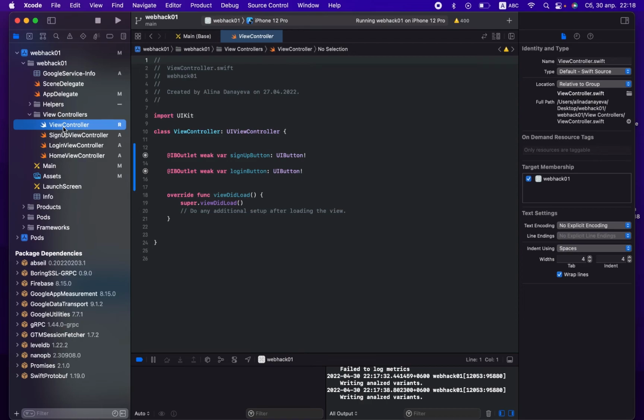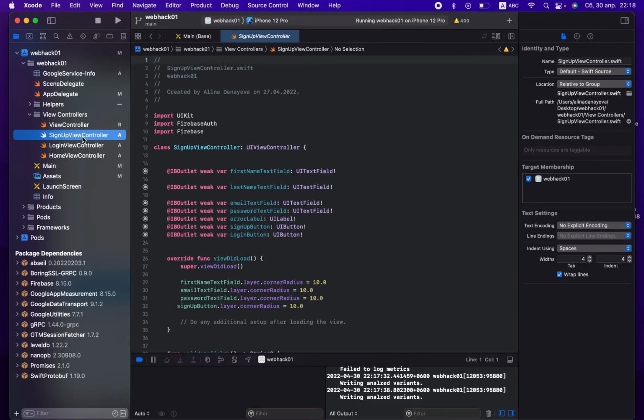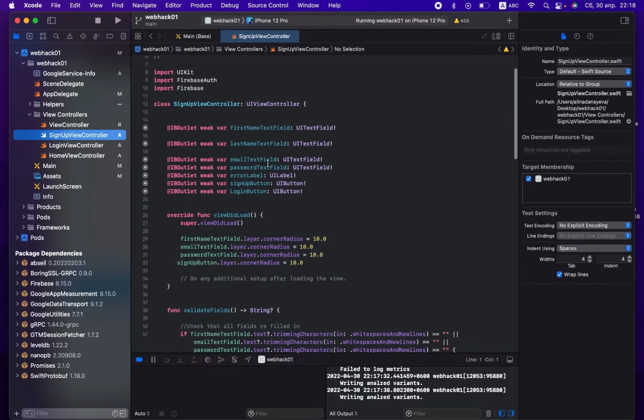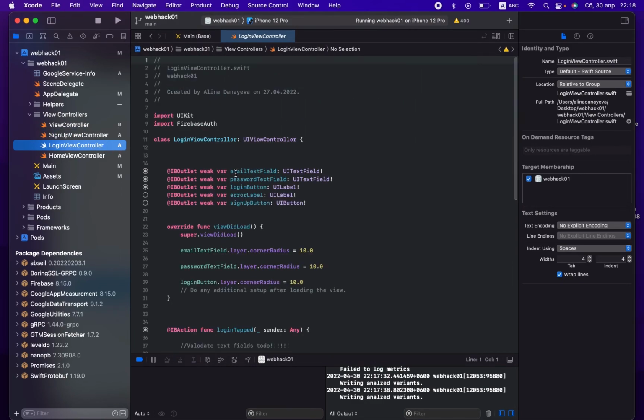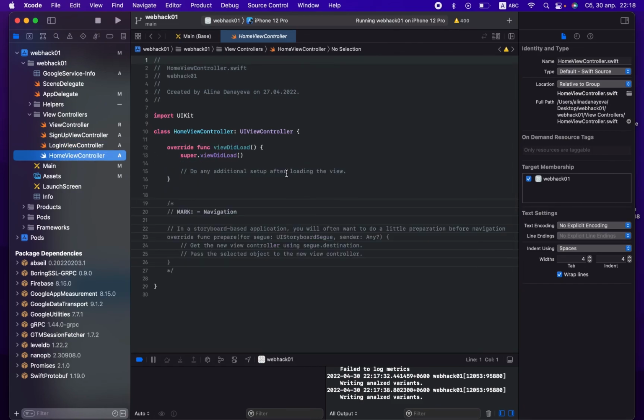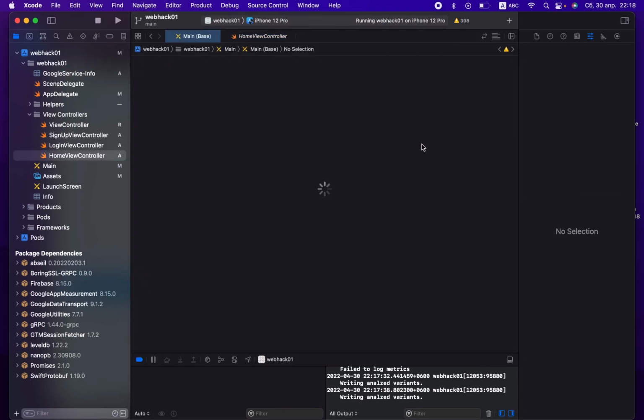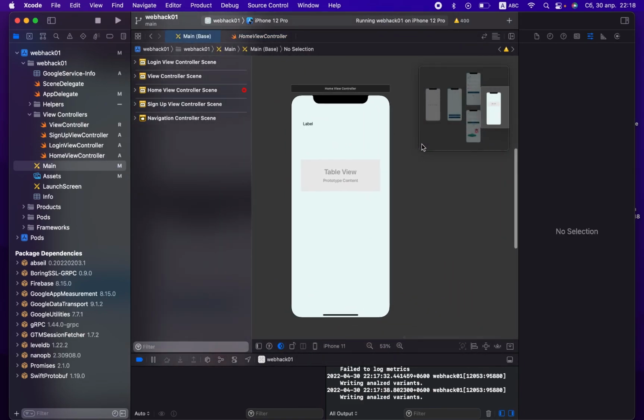Okay, here is our view controller class. It's our first page. The second one is the sign up button. When we push it, we go to the sign up page. Here is the code. And the login view controller depends on the login page. And the home view controller, here we will see the text. We will see the list of accounts that we have created. To create this home view controller, we need to connect it to Heroku, to Reddit, and